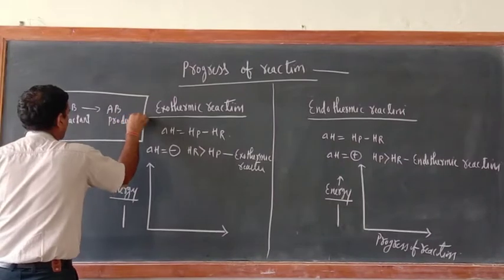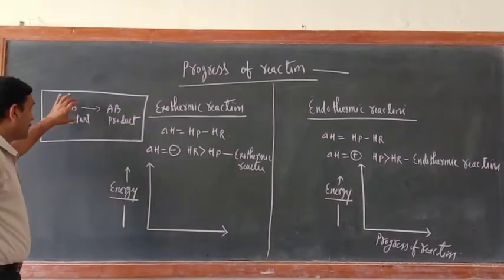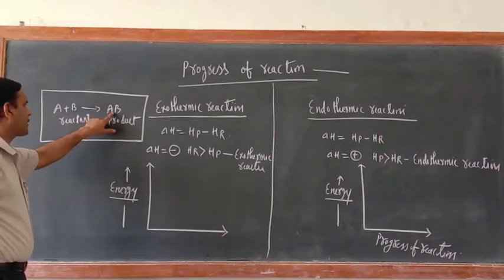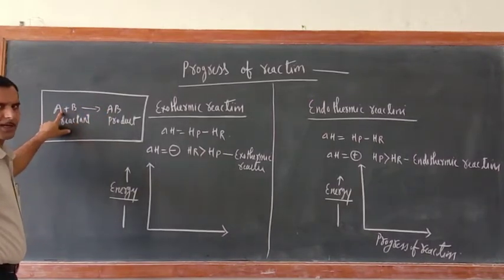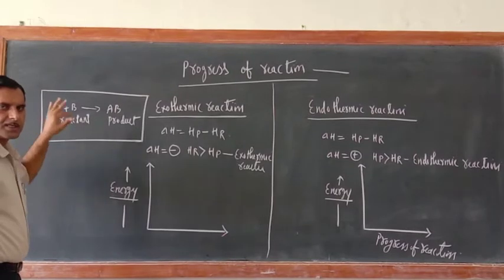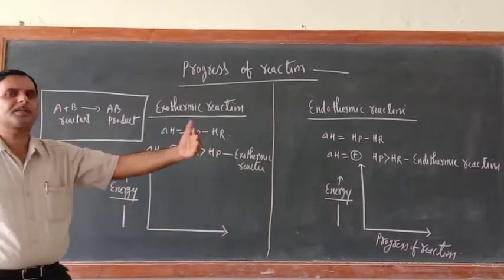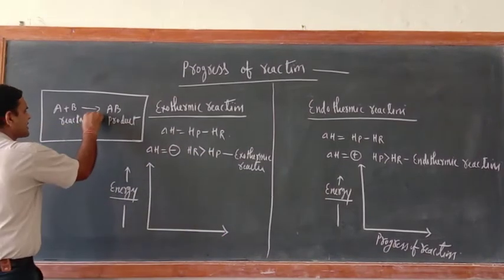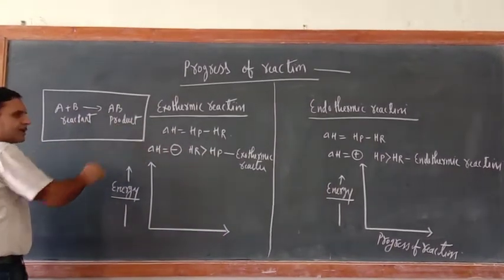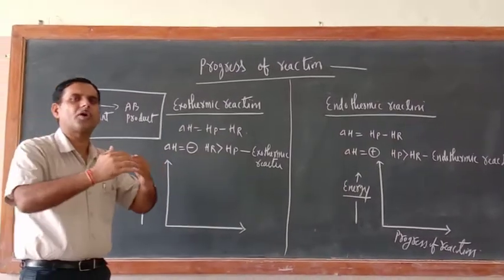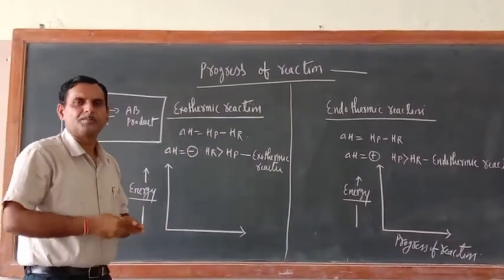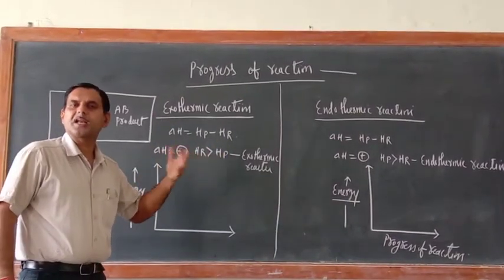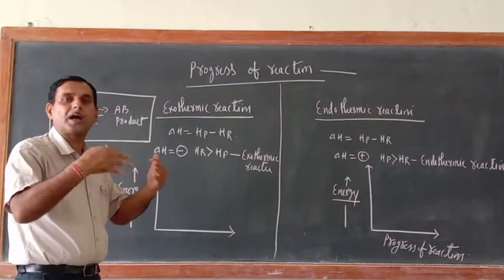Now try to understand. At equilibrium, the enthalpy or energy of the product is equal to the energy of the reactant. Suppose before equilibrium, the reactant energy is greater than that of the product. Then what happens? A system always wants to have an equilibrium. We also want to have an equilibrium. You also want to have an equilibrium. Similarly, a chemical reaction also wants to have equilibrium.